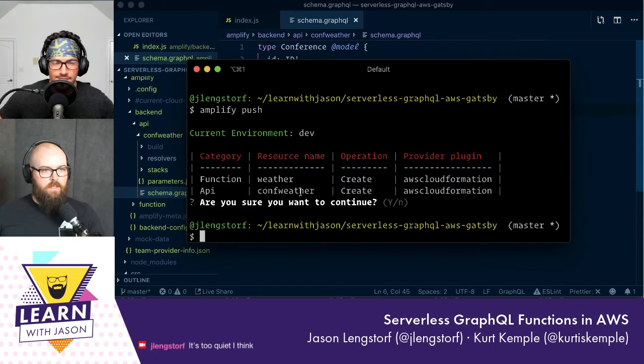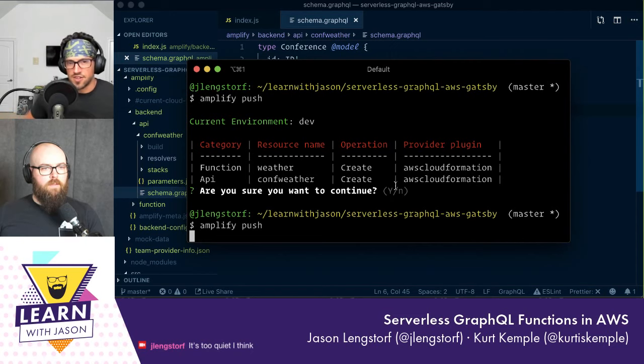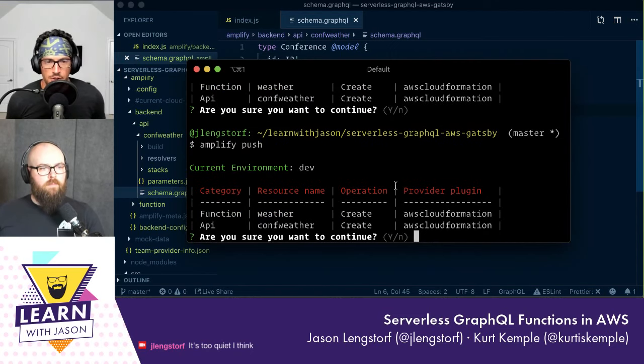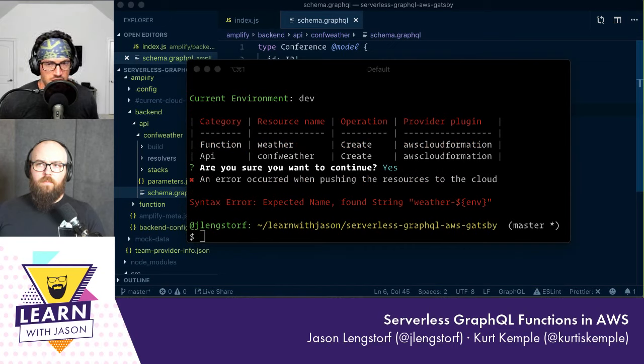So let's do amplify push. And I'll just talk about this again. The operation is what it's going to do. Because this is our first time pushing, it's going to create both the function and the API. The provider plugin, this is kind of interesting and something not a lot of people know about. The Amplify CLI is built on